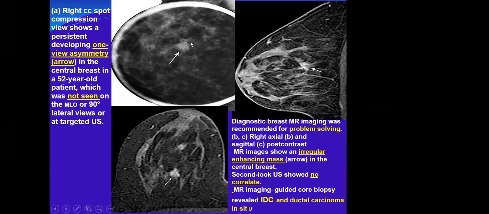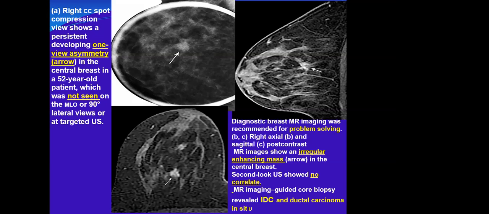So it is seen in a single view, and diagnostic, and also was not seen on targeted ultrasound. So here we need to confirm by MRI, because it is really impressive as a mass on the spot compression view, giving the conspicuity of a mass, but being seen only on a CC view and a spot compression view,